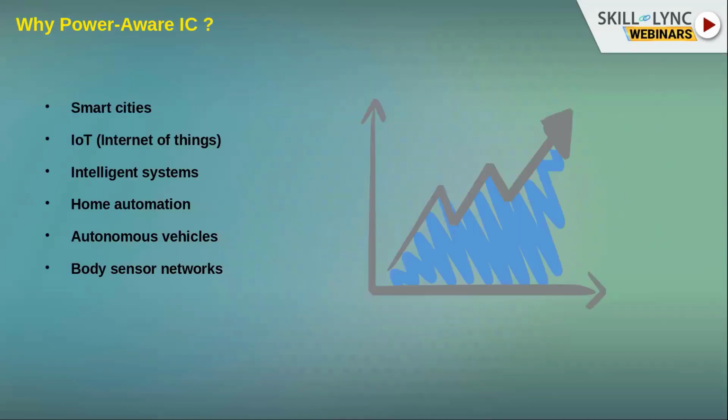So it's very difficult to have a device which drains its battery very fast, and it always needs a replacement or recharge of the battery. So this is where power awareness makes sense. In order to make sure that your battery runs for a longer time, your recharge cycles are less, and lesser batteries are used for all these purposes, what we have to ensure as IC designers is that my particular IC runs on a power budget so that the battery lasts for long.